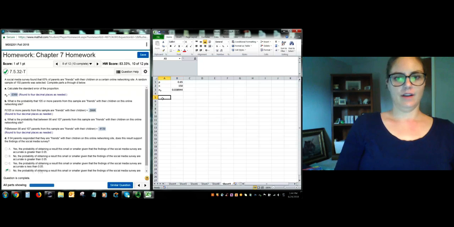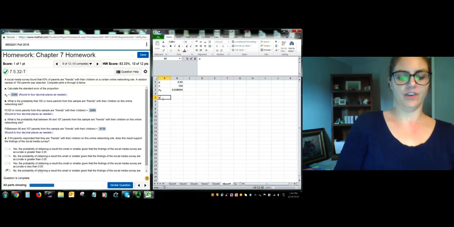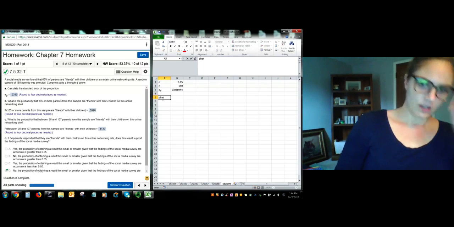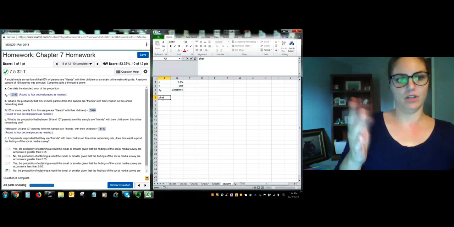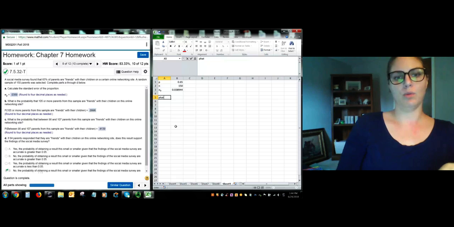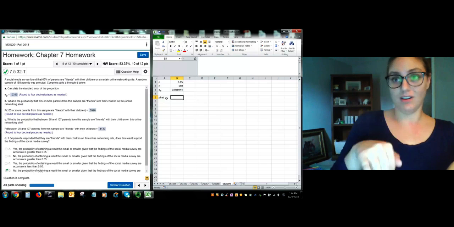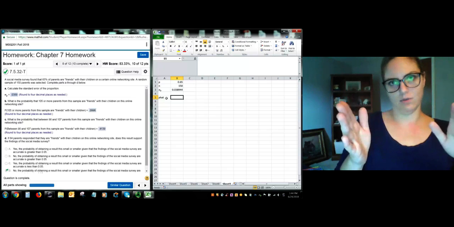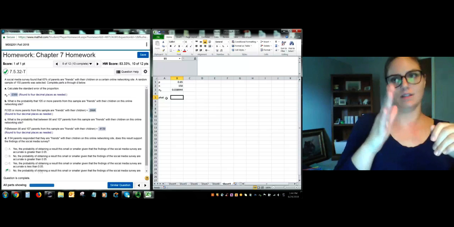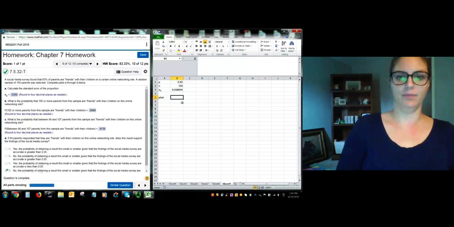Okay, so they're interested in figuring out P hat. And P hat is like the estimate of the proportion. Okay, so the probability 105 or more parents from this site are friends if they sampled 150. So this is essentially like saying we have X bar as our mean. P hat is the estimate for the proportion, whereas x bar is the estimate of the mean or the average for the sample. Okay, so p hat